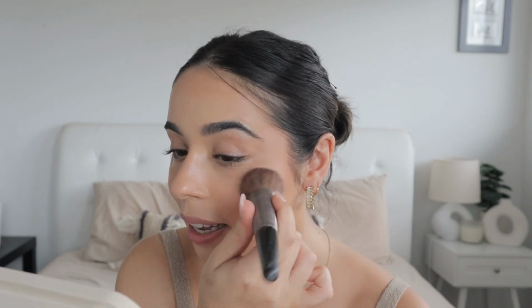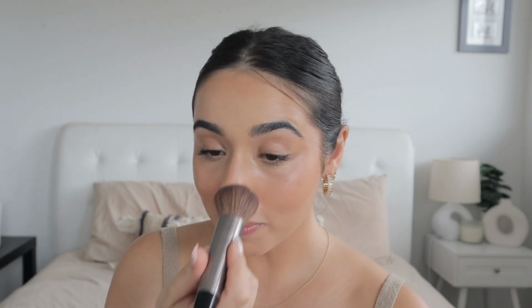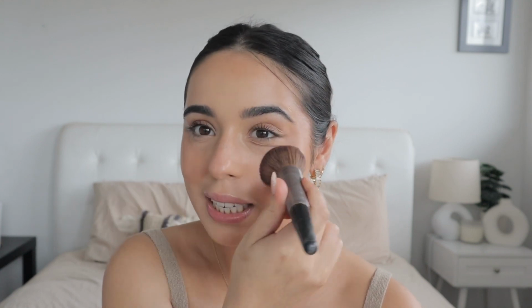The color is absolutely stunning. With these shimmers that are in here, you can barely see them on the skin, but it's still giving just that really beautiful, luminous and healthy glow. I'm pretty much just going to layer this everywhere. I'm going to put some on my nose as well, just to give that really sunburnt summer skin. I absolutely love this. Okay, at this point I feel like we need to set the face, so I'm gonna